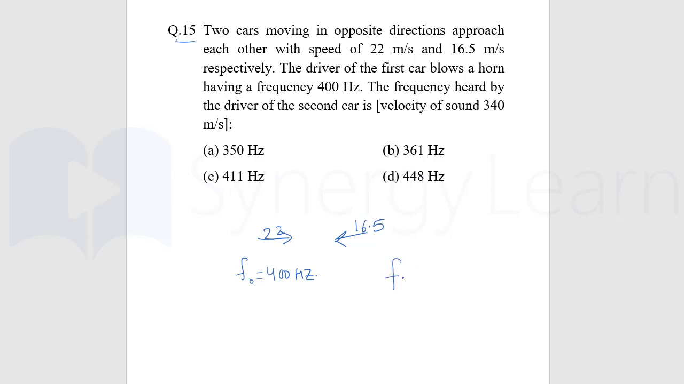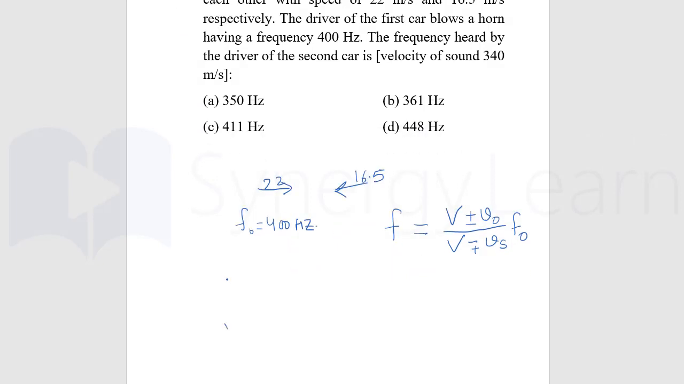So the frequency from Doppler's effect is (V, the velocity of sound, plus or minus the velocity of the observer) upon (V minus or plus the velocity of the source) into f0. So we have this common formula for frequency using Doppler's effect. Now we will place the data in this formula. So the frequency f is equal to velocity, which is given as 340. So 340, the observer is approaching the source, so the frequency will increase and we will have a positive sign,